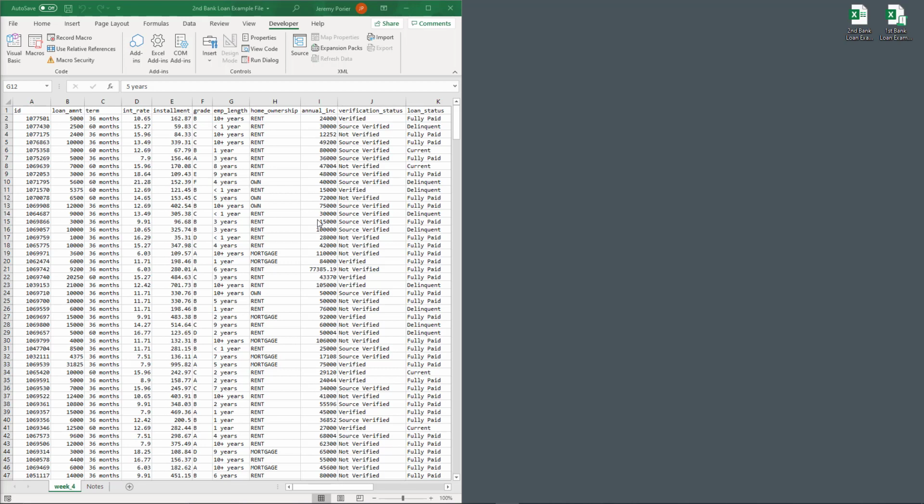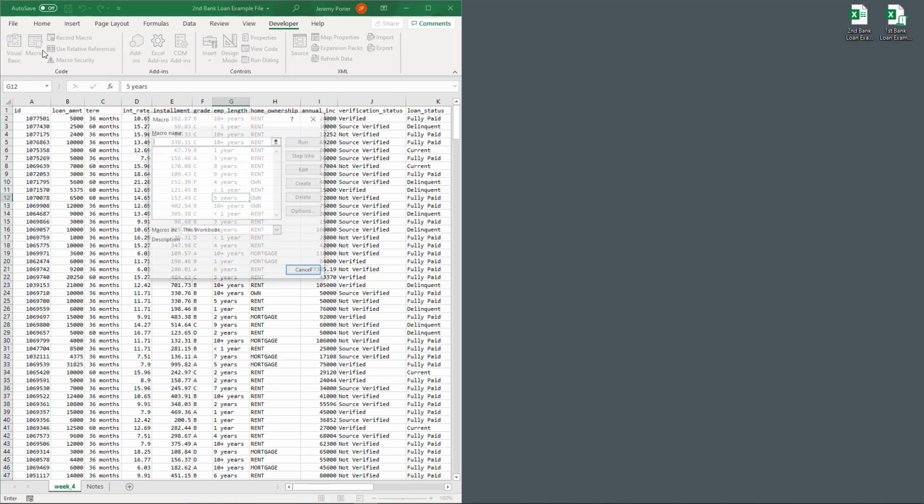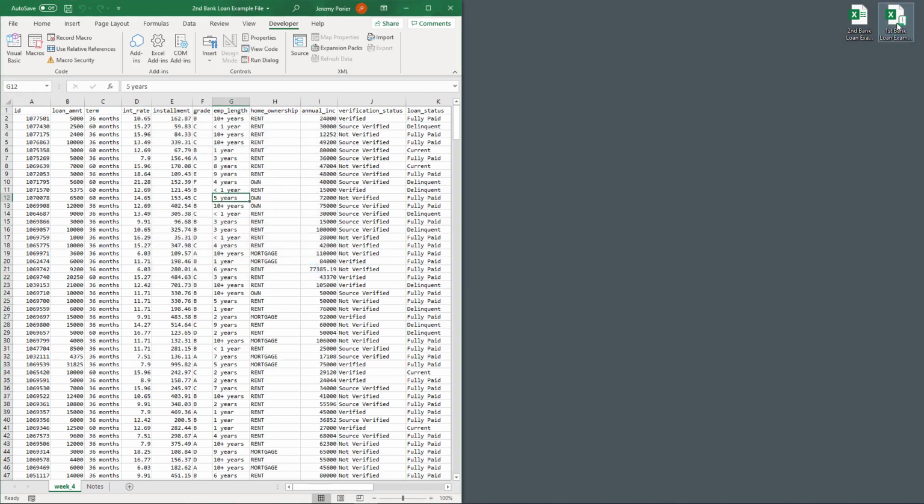And so what we need to do is learn how to copy that macro over from one workbook to another. Because right now, if I go into macros on this new file, you'll notice that we don't have any macros that we can run to enable that on this worksheet. So I'm going to open up the original that I had completed,